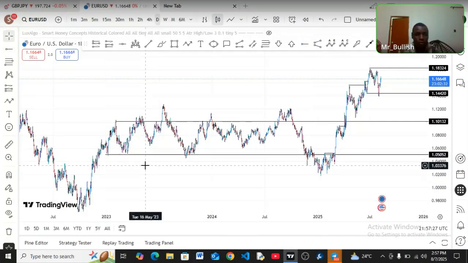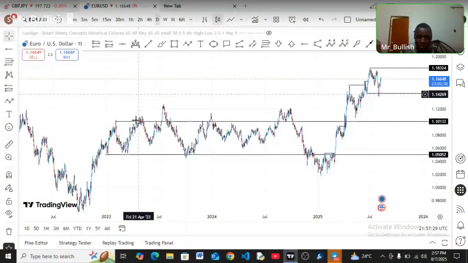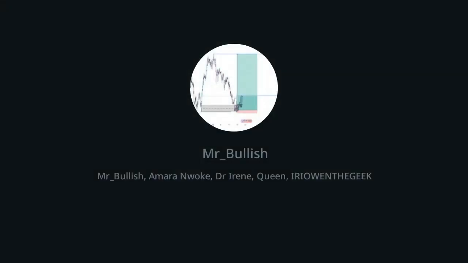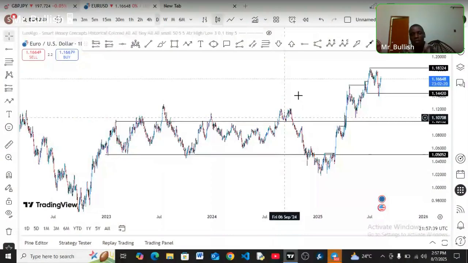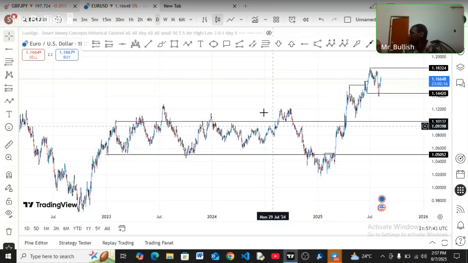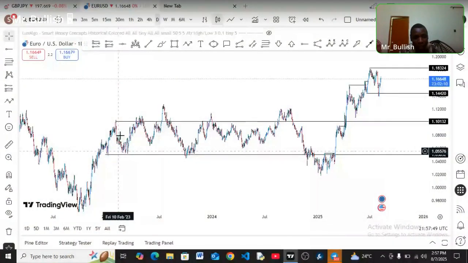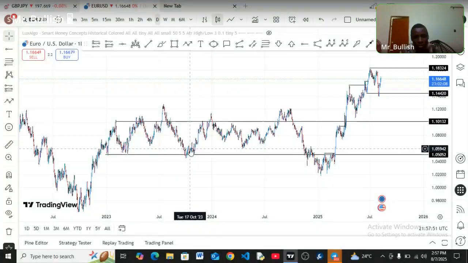So this is not 2 days. This is not even 1 month. This particular region here is up to maybe 3, 4, 5 months. I'm not sure it's up to 5 months, but maybe. So this is a big move, and it's a ranging market, because the market is not actually giving you a clear trade. It's just trading sideways. Before we had this,